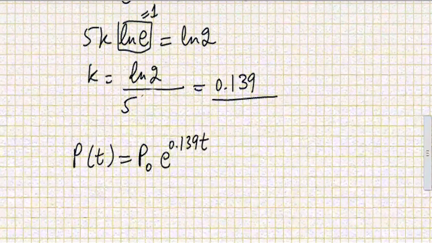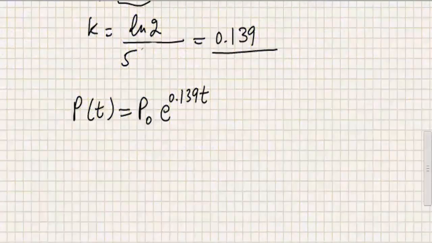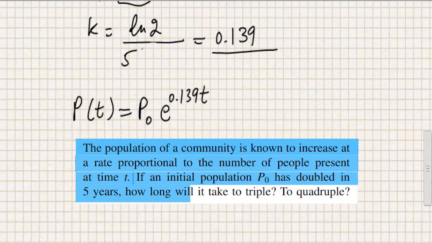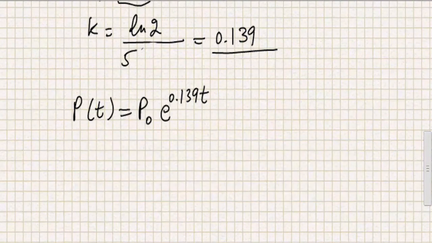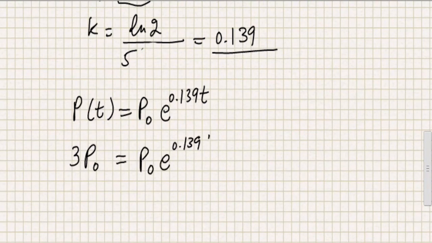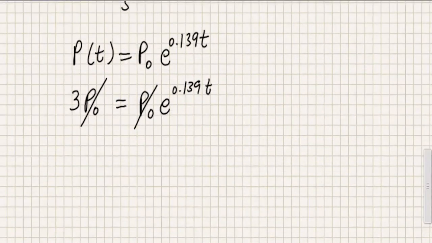So now let's go to their question. Their question was, how long will it take for this population to triple, right? So we want to find the value of t when P will become 3P0. On the left hand side I'm going to write down 3P0 because we are interested in a population which is 3 times the initial population, right? And on the right hand side I'm not going to change anything because we don't have any more information about this scenario. P0 cancels out, and just like in the previous steps, we will have e to the power 0.139t